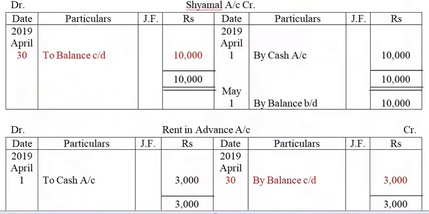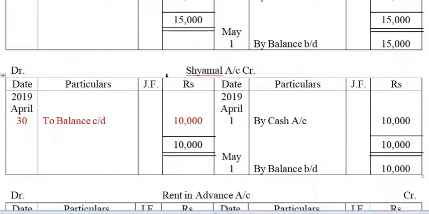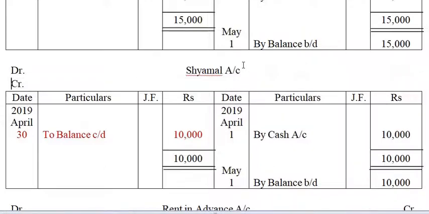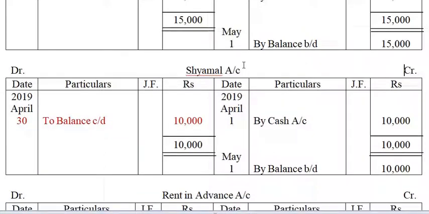That is SHAML account. Okay, so an account, if it is lying towards the debit side in a journal entry, then you will record towards the debit side. Okay, but if this account is lying towards the credit side, then you have to post the entry towards the credit side. Okay, anyway, now you can see out here that on the 1st April 2019